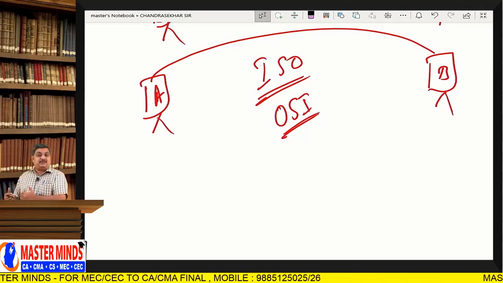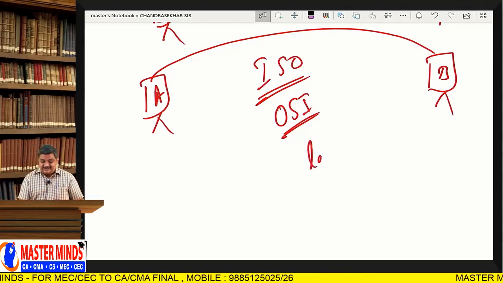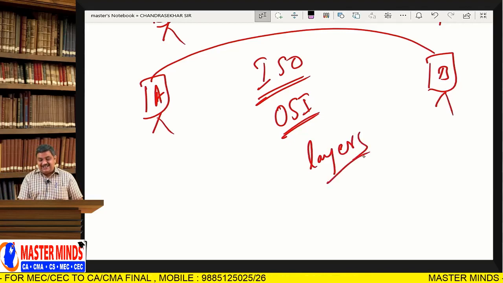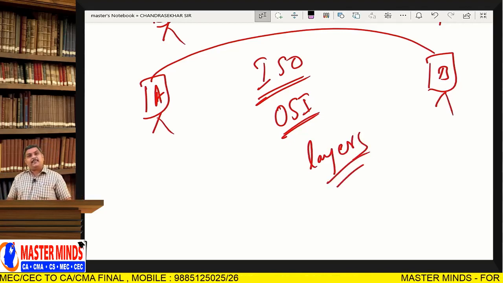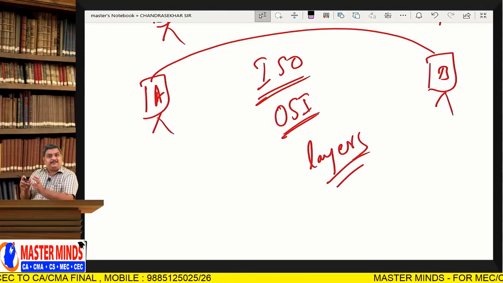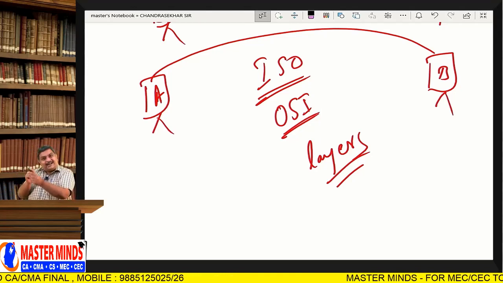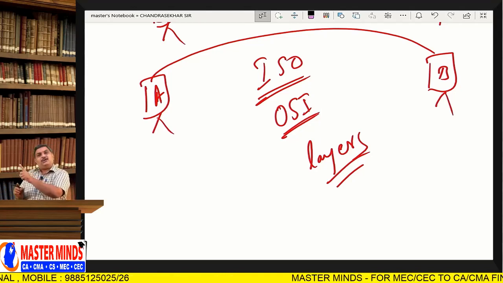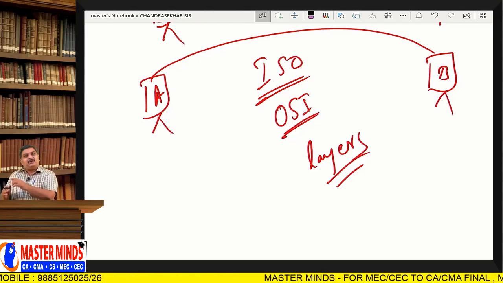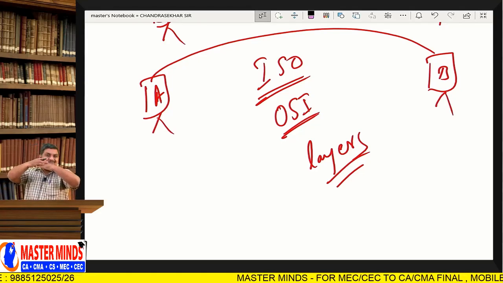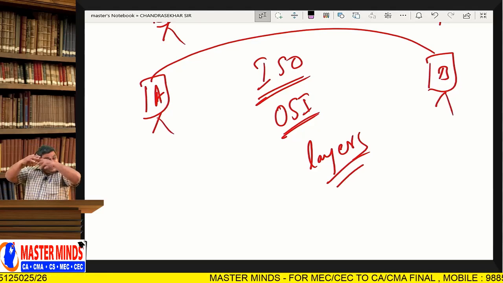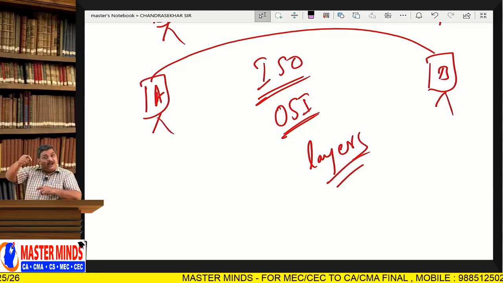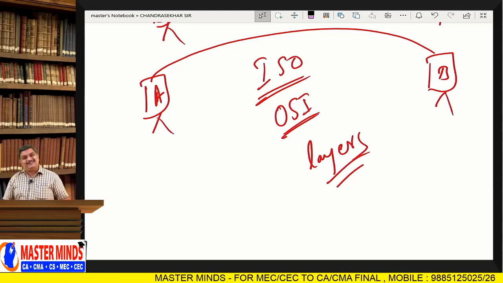7 steps. And it is called as layers. Rather than steps, it is called as layers. Layers means what? See, we have layers in an onion. And if you want to go to the second layer, first of all you have to break the first layer. And then only you can go to the second layer. Because layers are one upon the other, no? And if you want to go to the innermost layer, definitely you have to travel through all the outermost layers.